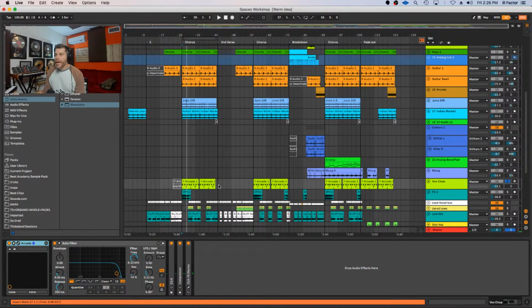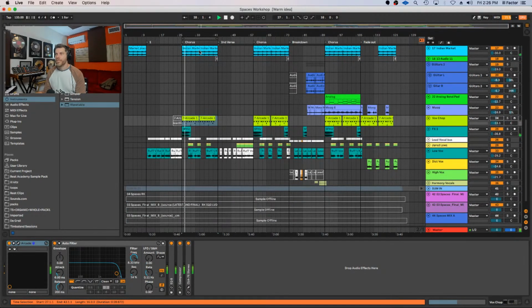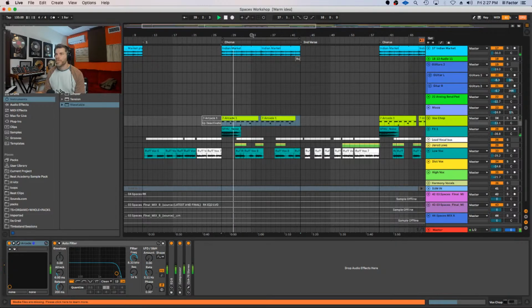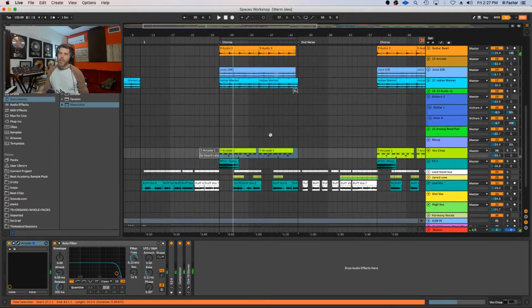We originally didn't have this section with the vocal chop, so this is what it sounded like beforehand. And what ended up happening was I was using Arcade to find some kind of wind chime thing, opened up to that, and I was messing around with the vocal chain. I was like, whoa, that's really cool. Let's just have that become the main vocal spotlight.